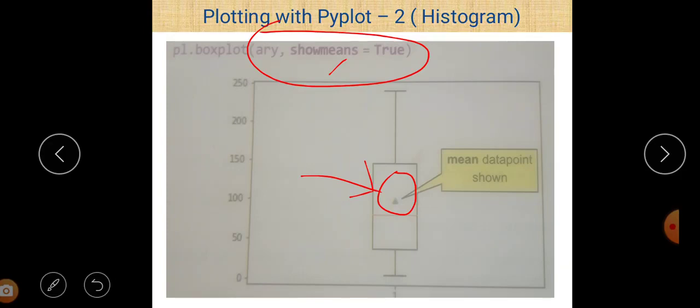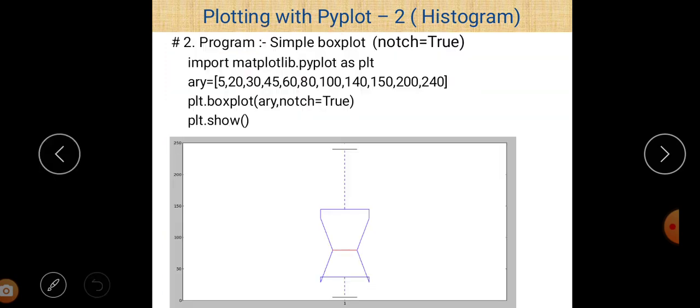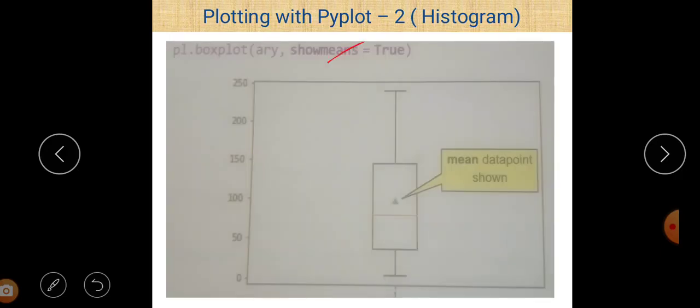And here again we just take two different parameter values. Parameters here are ARY and show mean. ARY is compulsory, which is a data set. So the same data set that we used in the previous case, but only taking another parameter value, that is show mean is equal to true.